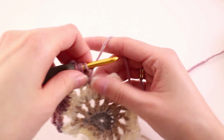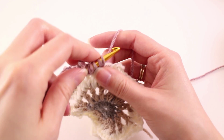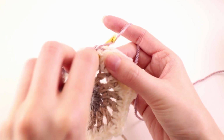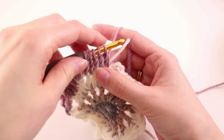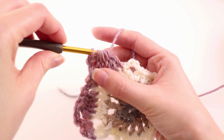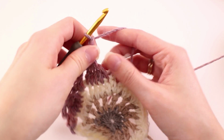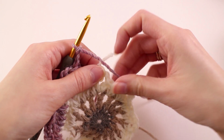Now, one little tip that I have found, when you're working these clusters, it's better to have slightly loose tension. It will help the square lay a little bit flatter in the long run if you do that. So I'm just working them a little looser than I normally would. Finish off the cluster and repeat. So chain 3, and then you'll do your single crochet, chain 1, and single crochet into that next